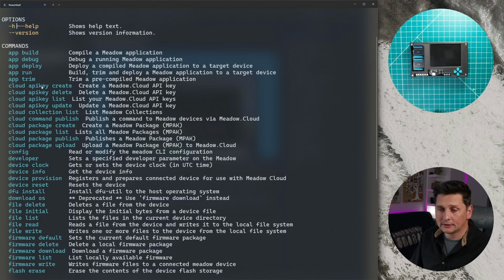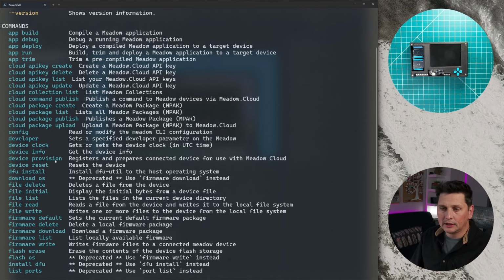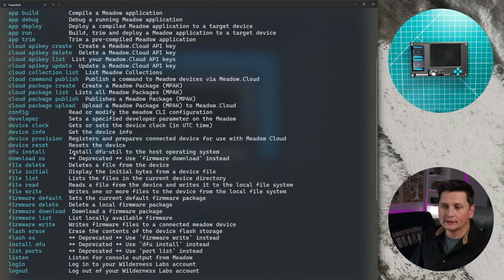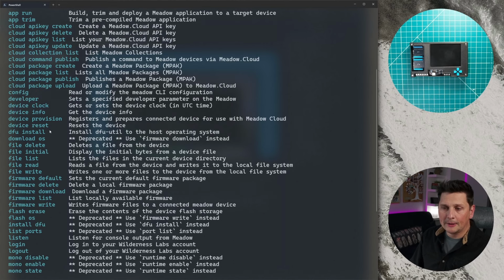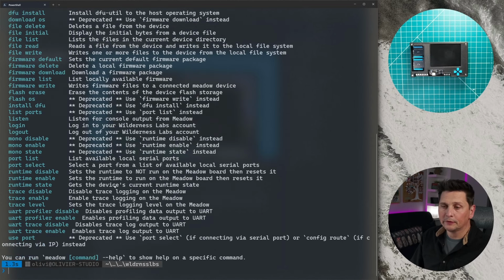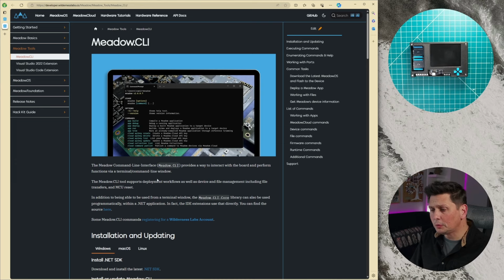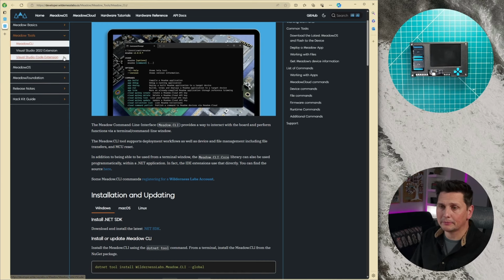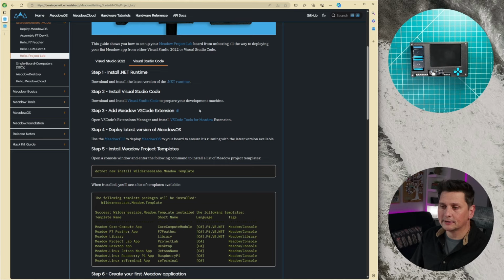We'll not talk about that today, but command lines to interact with Meadow Cloud, to connect the device to the cloud and being able to verify, to monitor its health and establish connectivity and deploy over-the-air updates and things like that. You have information about your device that you can pull from here. The DFU install. DFU is the flashing tool. You can work with the files, the firmware, reflash it from here, and so on. So that's the ultimate tool you need, Meadow CLI, for working with Meadow. So once you have it installed, once again, Windows, Mac, or Linux, doesn't matter. You can use the exact same tool.